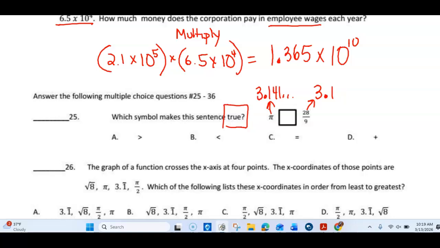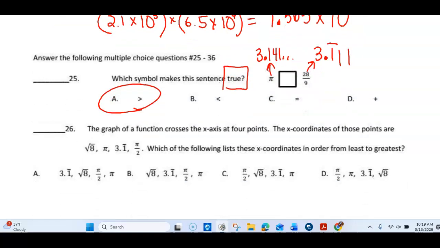Let me go back again. And which one makes that true? I have to put another one here so I can compare those. So the first one should be greater than. On 26, you should take the time to make sure you know what each of these are. The square root of 8 is 2.828 ... Pi is